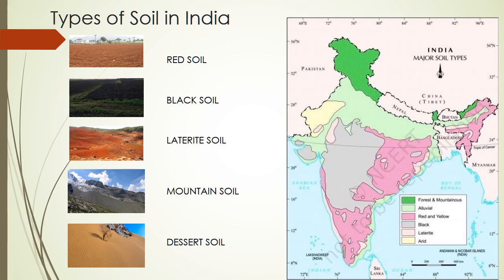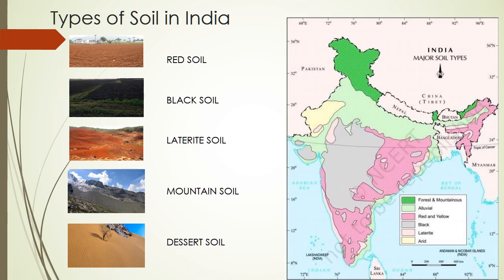Now let us come to another topic, that is types of soils that are found in India. Children, there are basically 6 different types of soils that are found in India. Alluvial soil, black soil, red soil, laterite soil, mountain soil and desert soil. The characteristic of each type of soil is given in your book on page number 13 and 14 respectively. But to do the map work in your notebooks, I am just telling you how you have to mark the different types of places in your map.